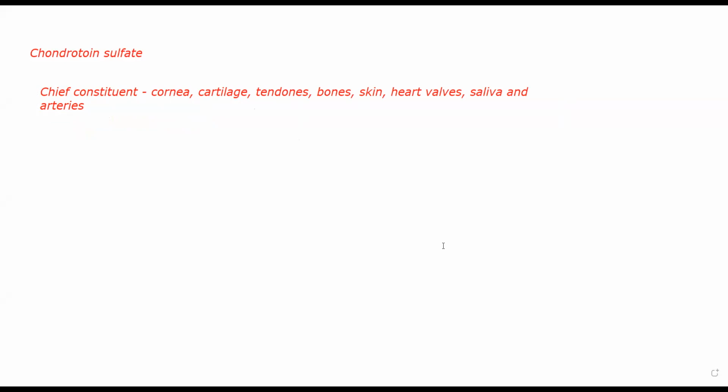This also contributes to the integrity of these structures. If chondroitin sulfate were absent, these structures would not be as hard as they are. The integrity would break down. Because of chondroitin sulfate, they are able to hold their weight, and it acts as a supporting structure. Without chondroitin sulfate, the cornea, cartilage, and tendons would not be able to stay as they are and would break down.